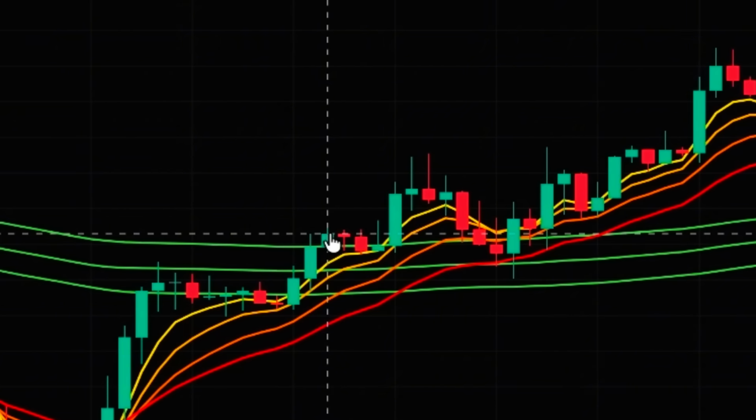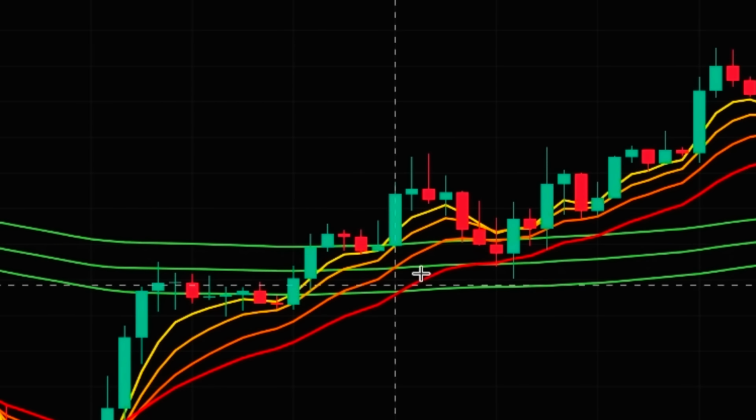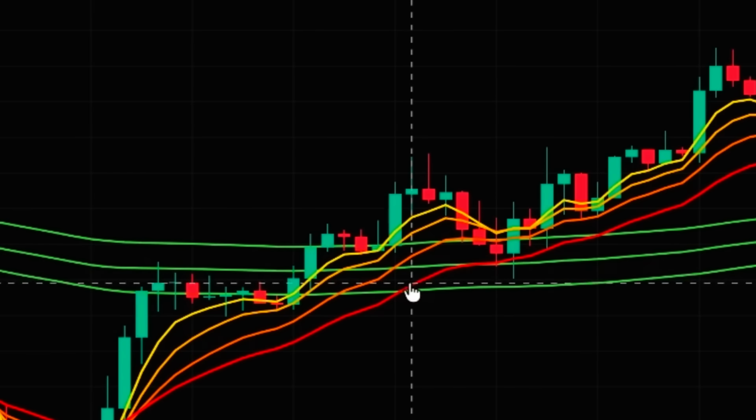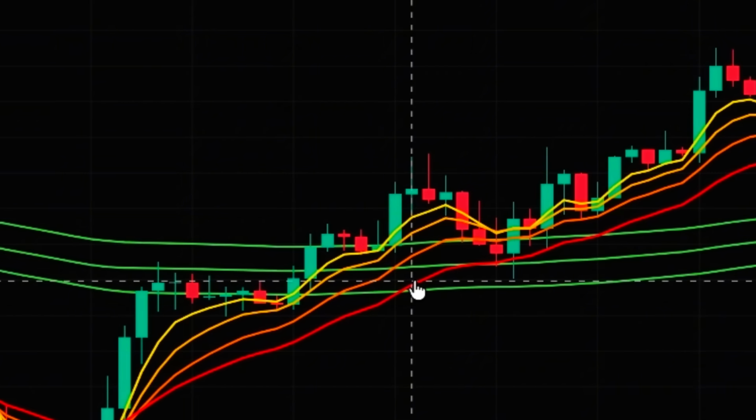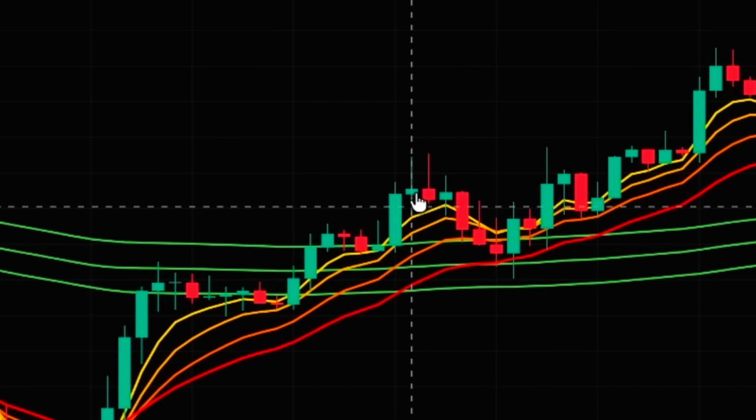entering any trade. In the next step, from here, when we got a candle closed above the green ribbon, we wait for the orange ribbon to completely go inside the green ribbon or above that. At this point, when this candle is closed, you can see that the orange ribbon is completely inside the green ribbon. You can see that this red line, which is the longest EMA, went inside the green ribbon. So at this point, when this candle is closed, we have the orange ribbon completely inside the green ribbon